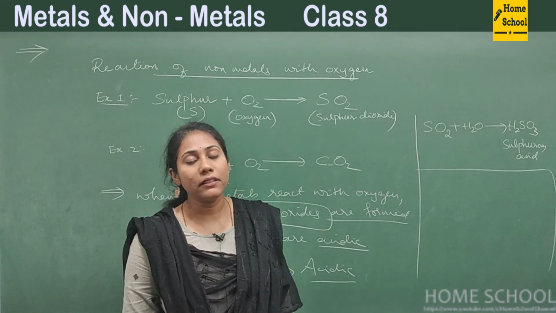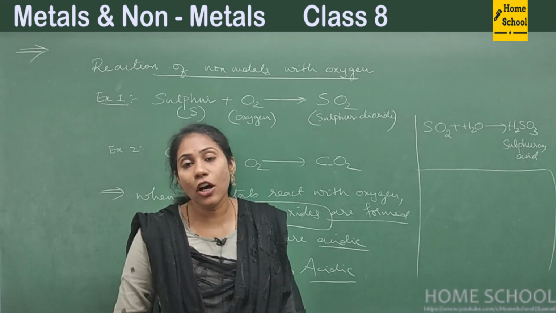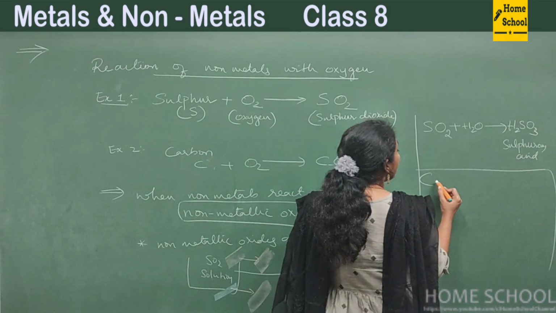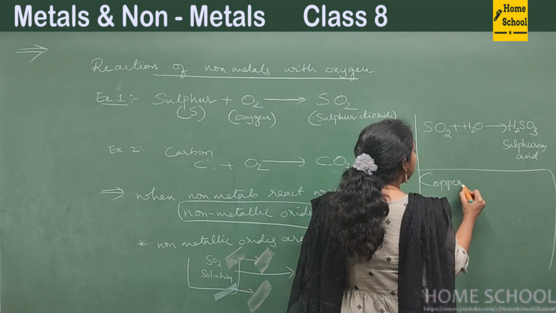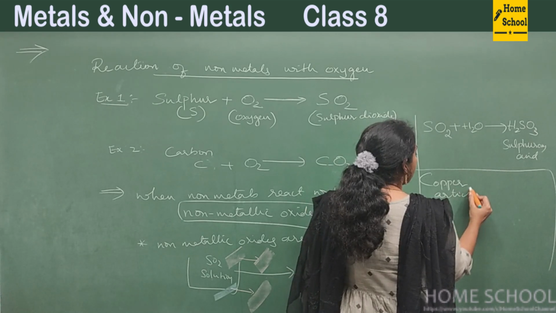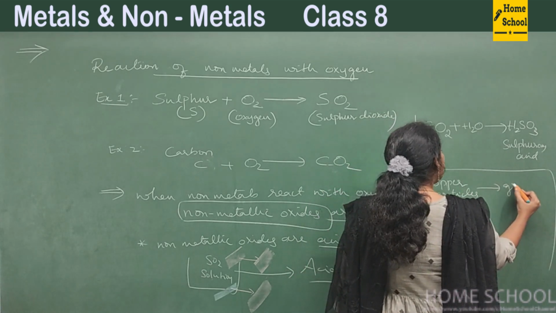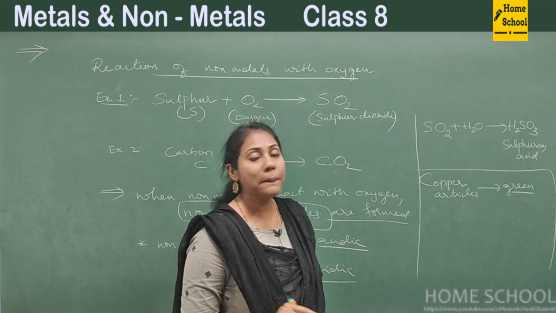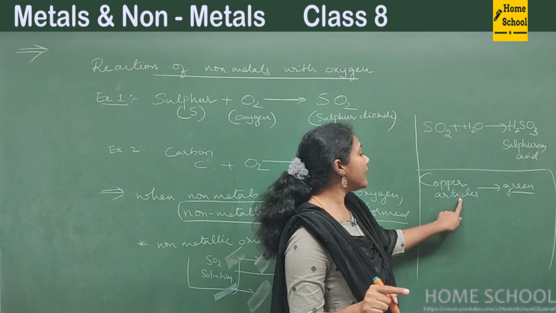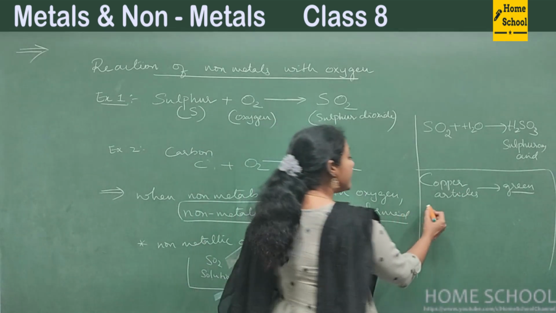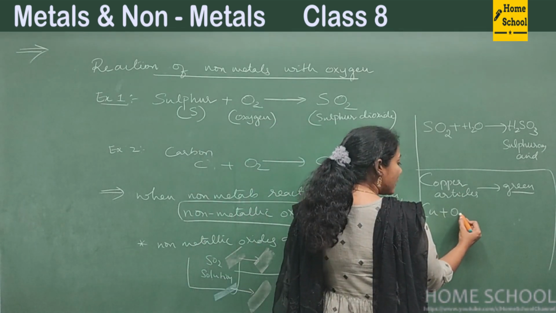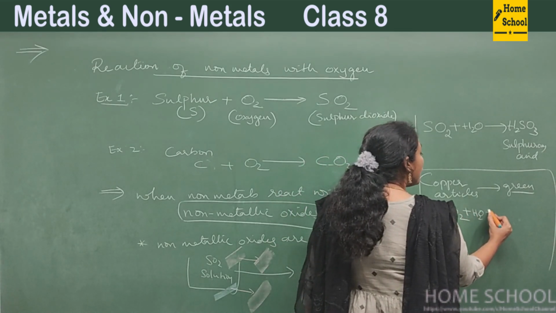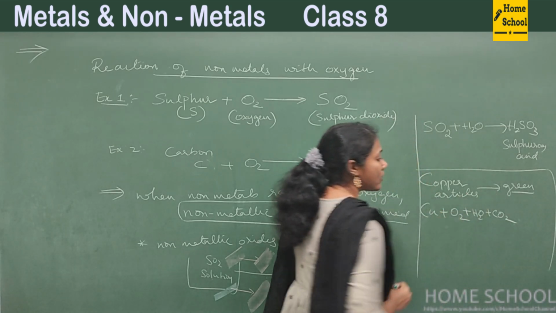Okay, fine. In our textbook, there is one piece of information mentioned about copper. We have learnt rusting of iron, right? And how about copper? Copper articles become green in color, isn't it? Why do they become green in color? When you expose copper articles to the atmosphere, this copper will react with oxygen. It can react with water. It can also react with carbon dioxide.